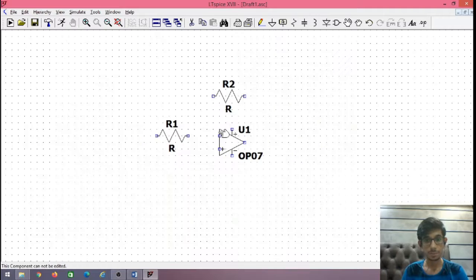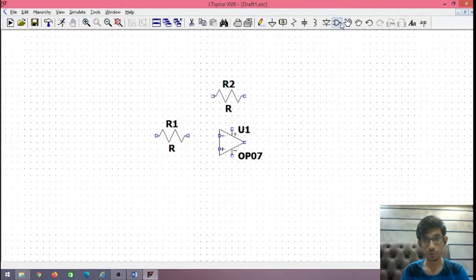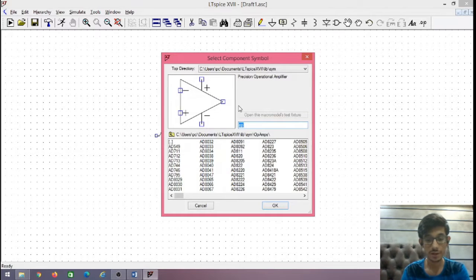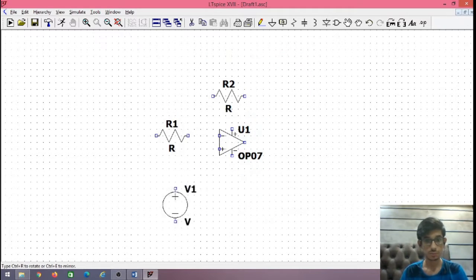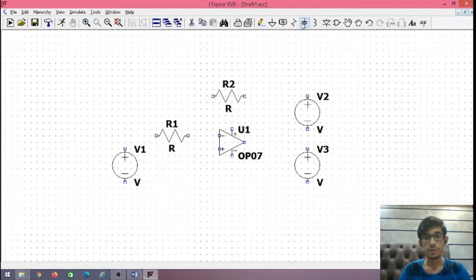We are going to build a practical integrator, so we'll need a resistor here too, then voltage sources, one for input and two for plus VCC and minus VCC. We'll need a capacitor. Now let's connect everything.